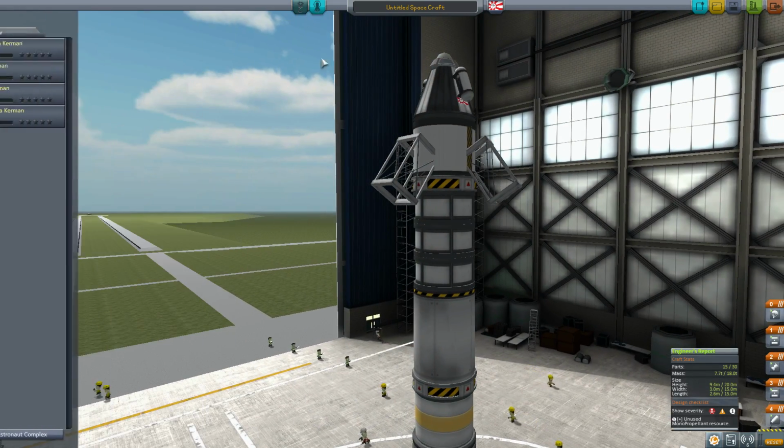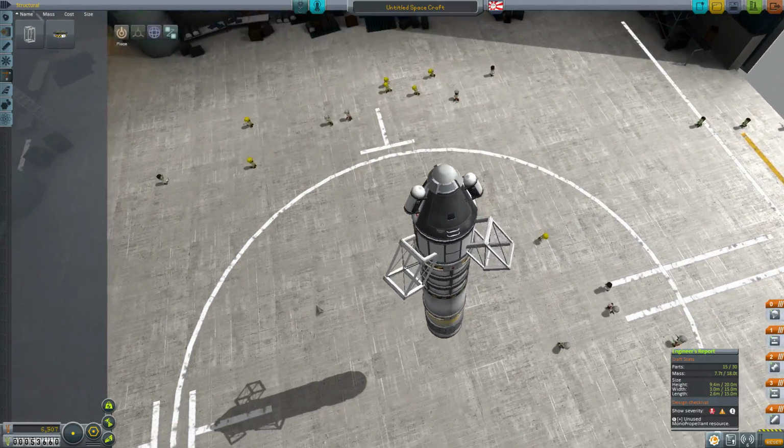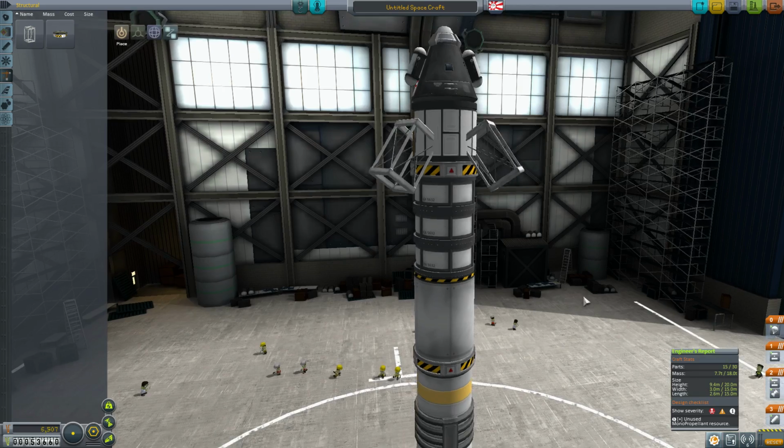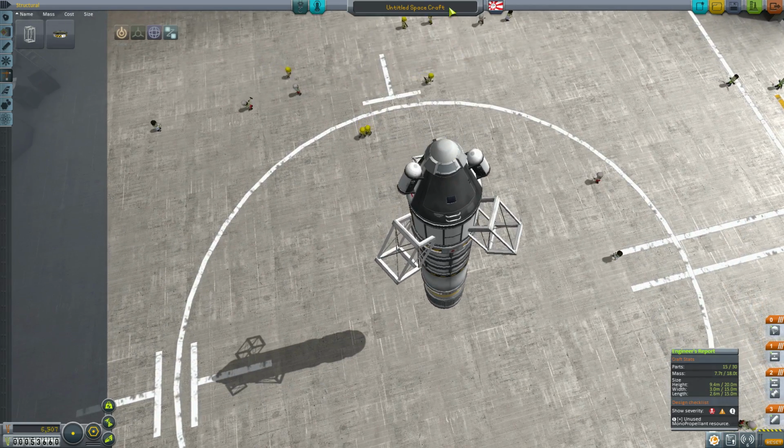Oh, it did not switch Jebediah, and they fixed it. They fixed that bug. That's fantastic. Alright, let me check staging here. We have our solid booster, and then a decoupler. Let's put the liquid engine in there. And then we have another decoupler and a parachute. Sounds good to me. So we'll call this the...